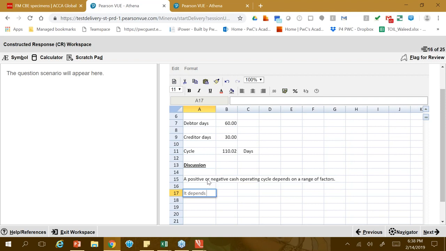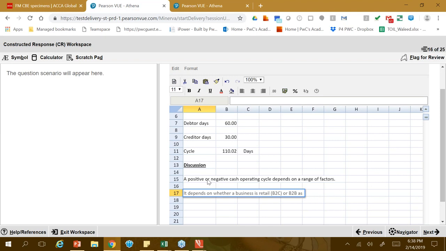It depends on whether a business is retail, which is B2C, or B2B,